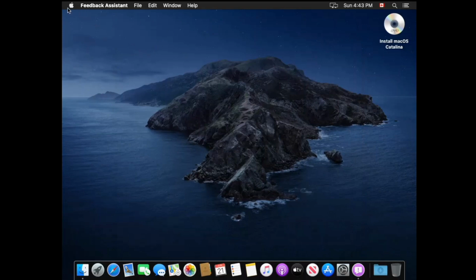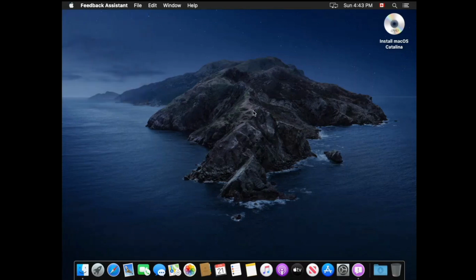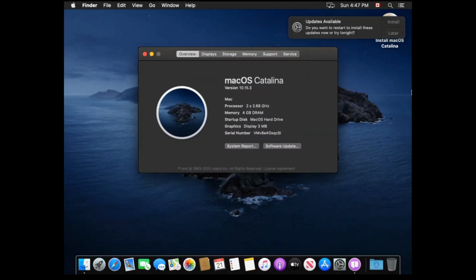So if we go to the Apple logo on the left side, we can click on About This Mac to check the information. And here we have version 10.15.3 Mac Catalina. So now you have the opportunity to use the Mac operating system Catalina on your Windows if you want to test and work on macOS from your Windows